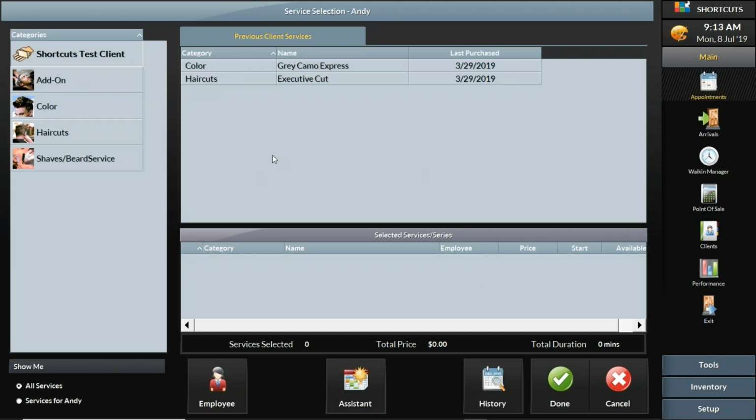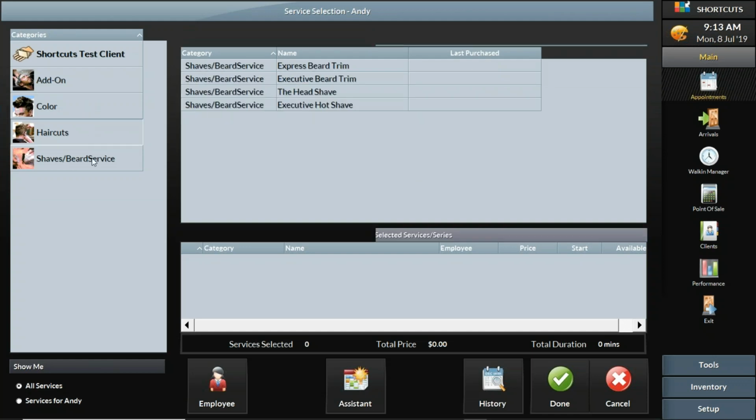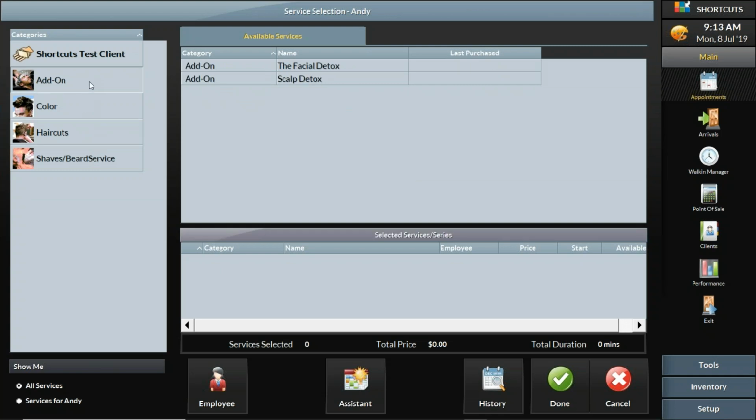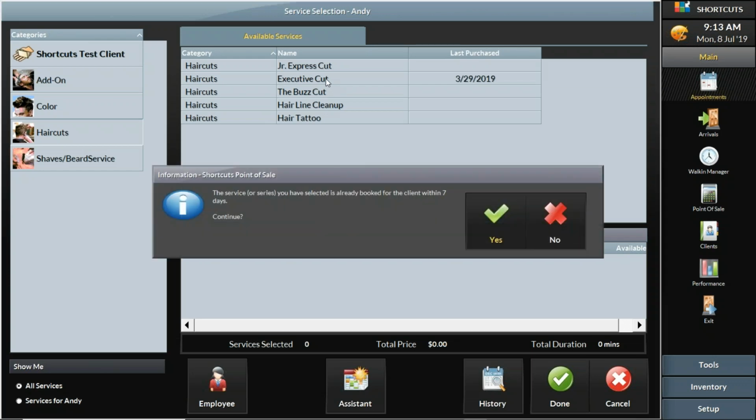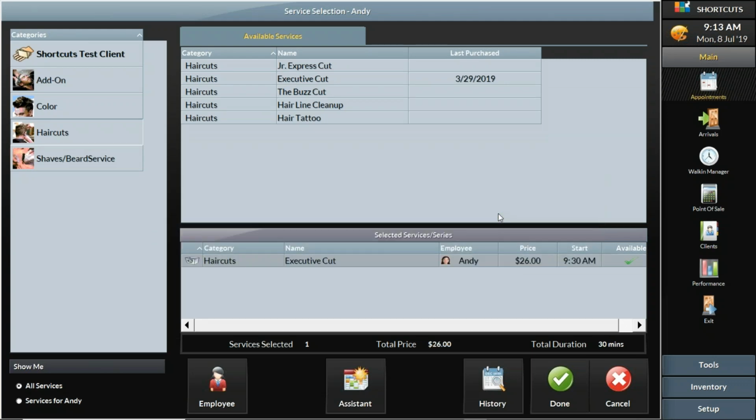So once I choose the tag, then I choose the service. On the left side of the screen, I have my service categories. And in my case, they're mostly barber services. So I'll choose haircuts, and this customer is getting the executive cut. So Shortcuts is warning me, hey, I've booked this one recently. Am I sure I want to do it? Well, for the sake of testing purposes, yes, I do. So it shows Andy is doing an executive cut at 9:30 this morning. When I press done,